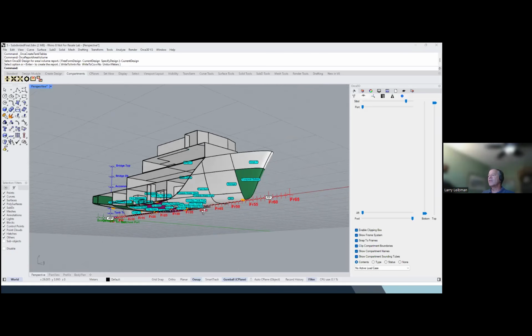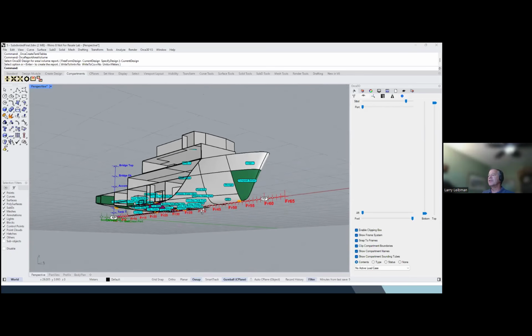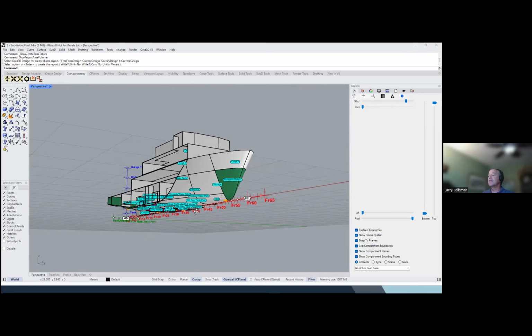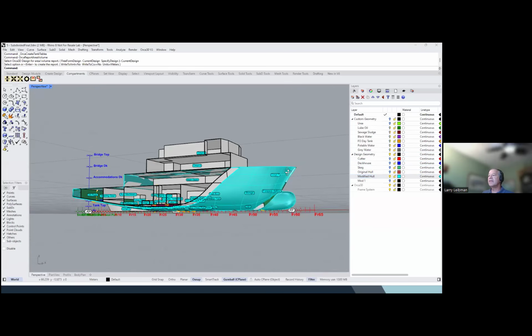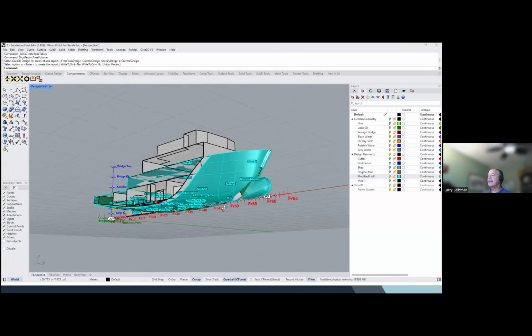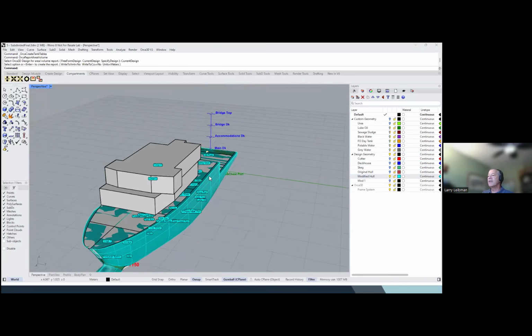Okay, the last two things I want to do here is, first, I want to show you, we get the question a lot, what happens if the geometry of your hull changes now, right? You've gone ahead and created a model, but there's a change to the geometry of the hull, for example, the hull component. How do I handle that? Well, over here in my Rhino layers tree, I have a layer showing what I call a modified hull. So in this example, the modified hull has a bulb added, and it's also got wider in this case. So you can see that the hull's gotten a little wider,